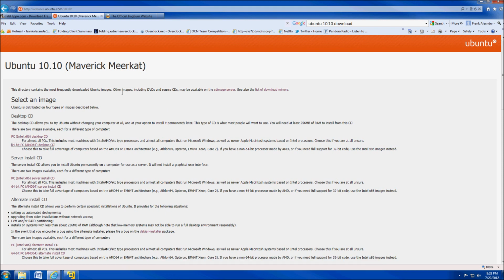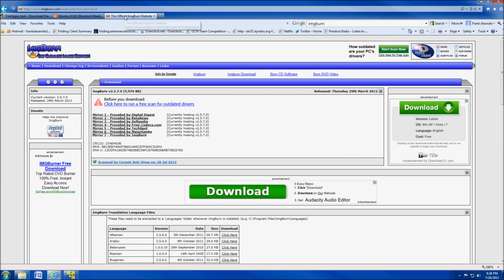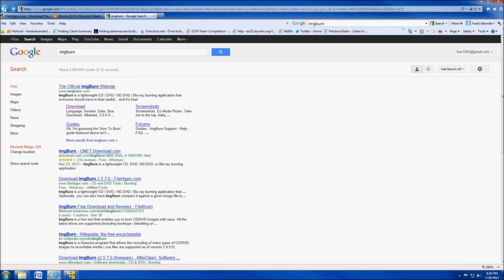Alright, and then the last thing that I would recommend doing while we're here is to go ahead and download ImageBurn. ImageBurn is going to allow you to burn the Ubuntu ISO to a CD if you'd like. This isn't absolutely necessary. However, I personally like to keep backups of all the ISOs that I use, or all of the operating systems that I use on CD, just so I have them if I ever need them in the future